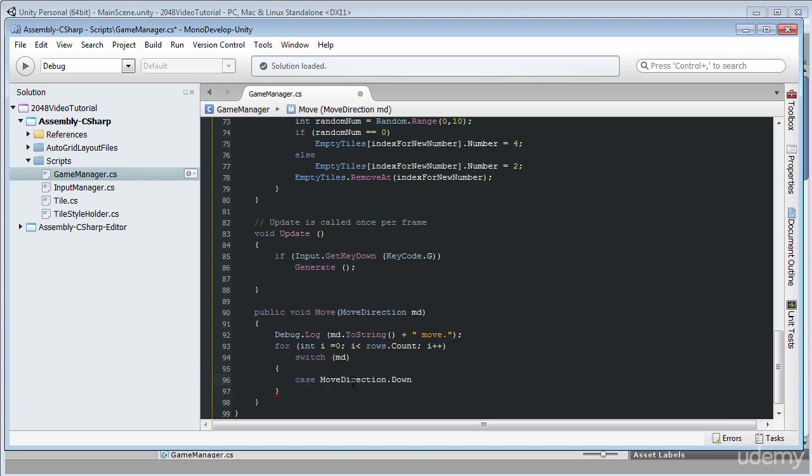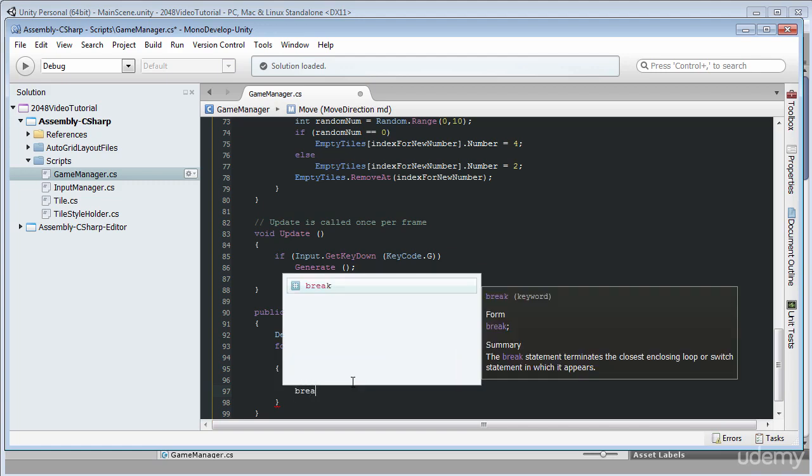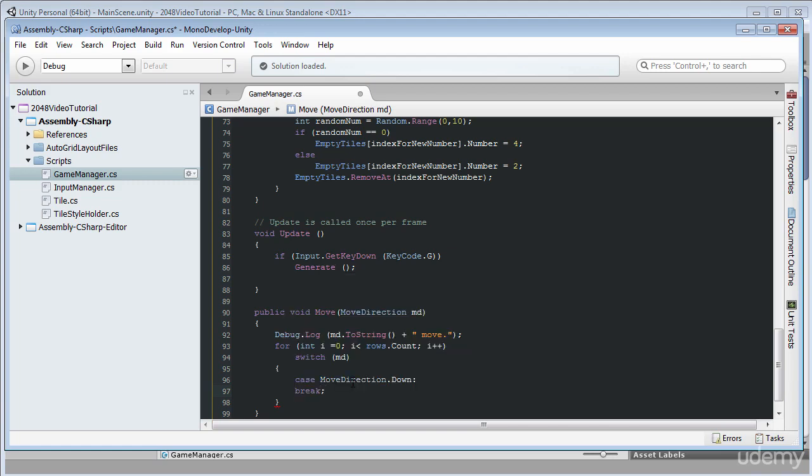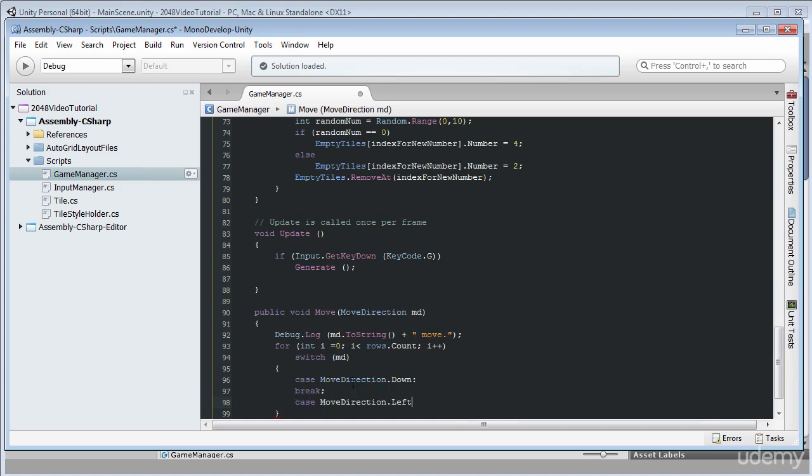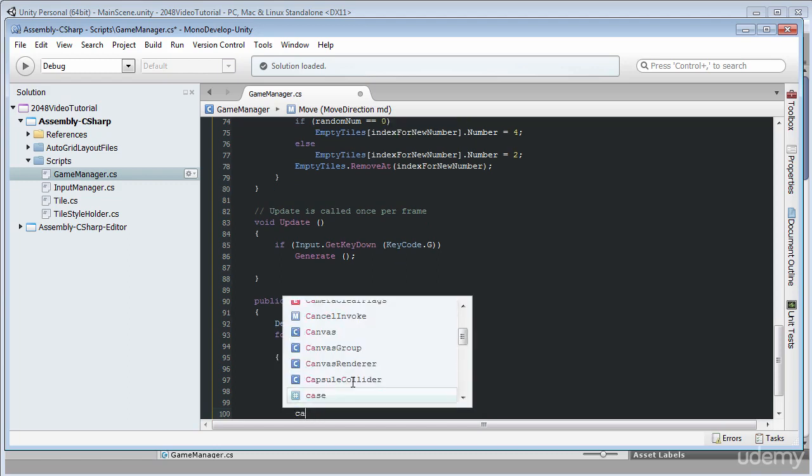The first one will be move direction down, and there is this syntax, I have to put a colon in the end, and here I have to write a break statement so that our code execution doesn't fall through each case statement. And I will just create another case. I will write case move direction left and colon and break, and then I will write case